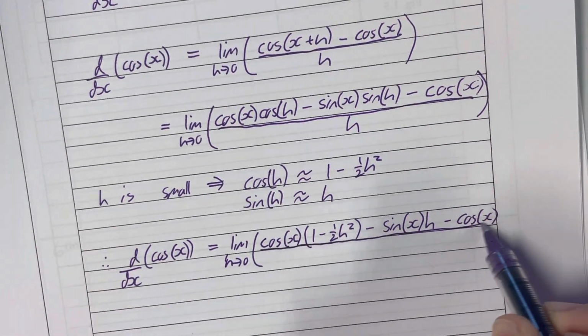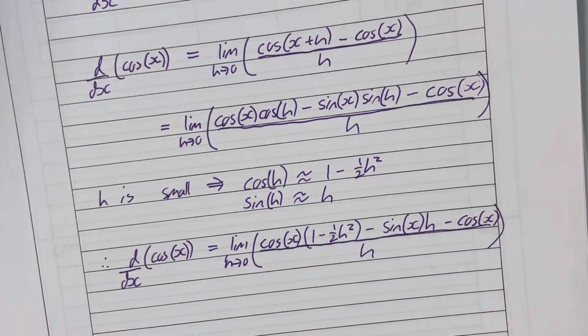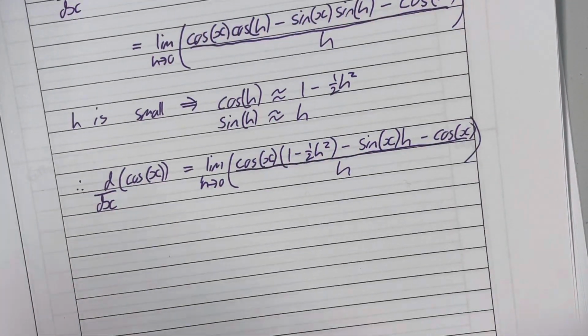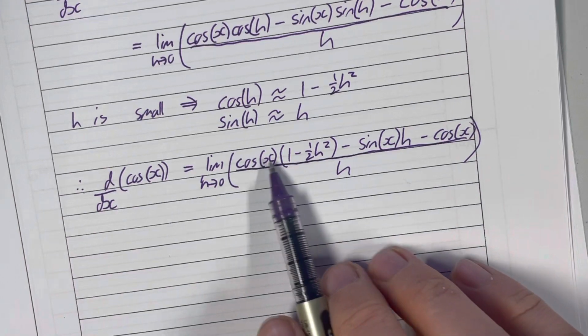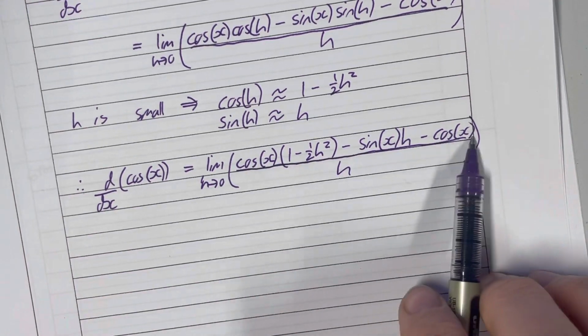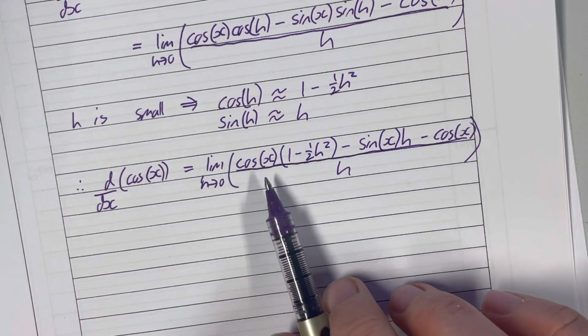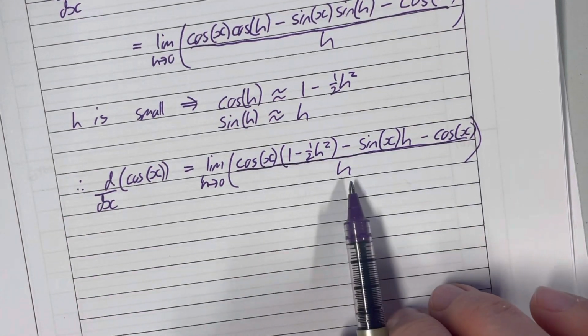And that is all divided by h. Now we can do some simplification. So the cosine of x times 1 cancels with the cosine of x over here. So I can multiply that out of the brackets and get rid of that. And then